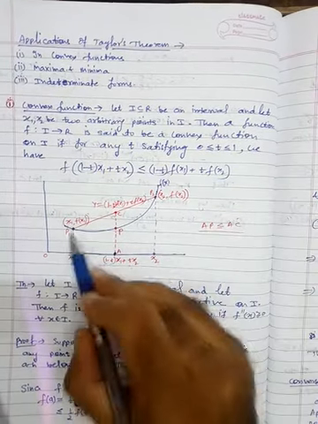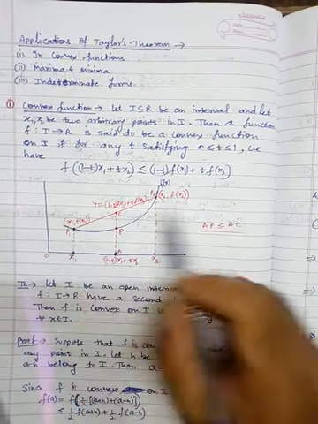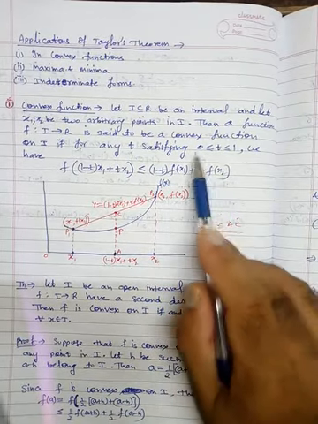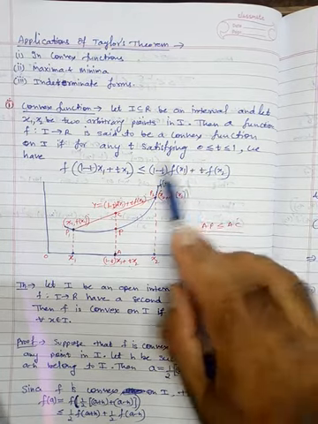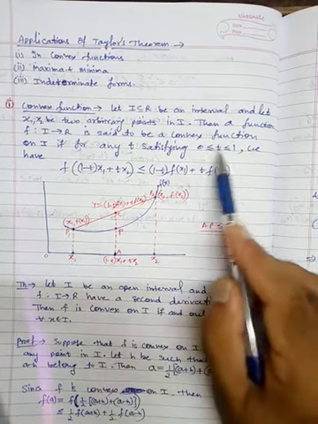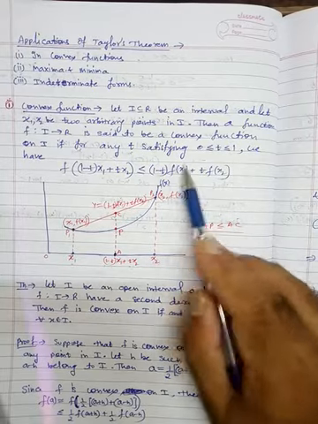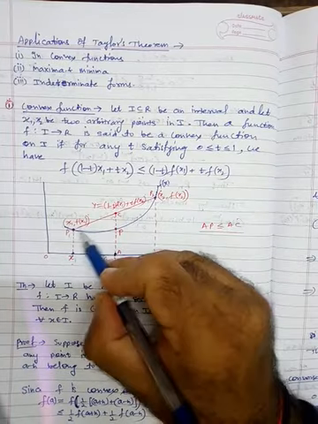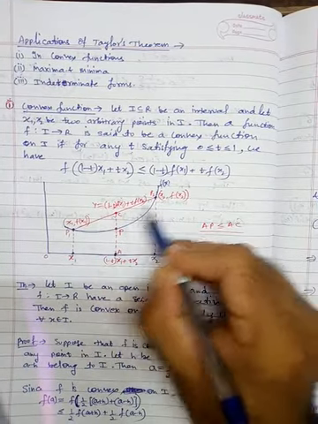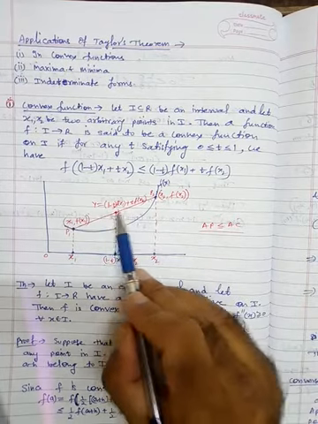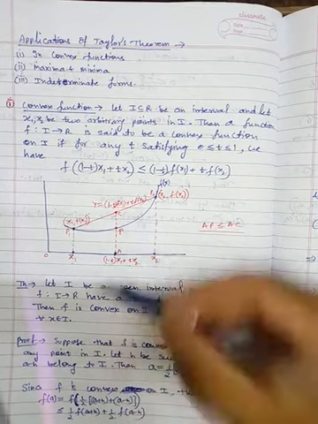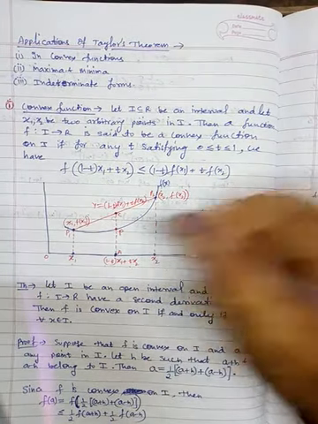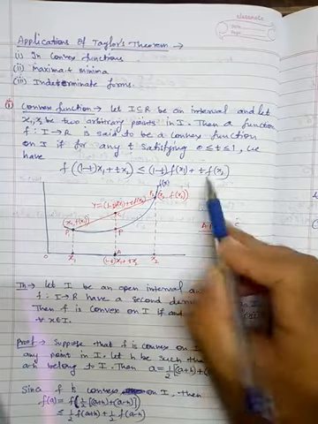Again join these through a line, and this line is represented by the right hand side, 1 minus t f of x1 plus t f of x2. When you put t equal to 0, the least value, we get f of x1, that means this point. When you put t equal to 1, we get f of x2, that means the right hand point. So you cover all the points lying on this line. This is the image, and it is this AC. The right hand side is AC.